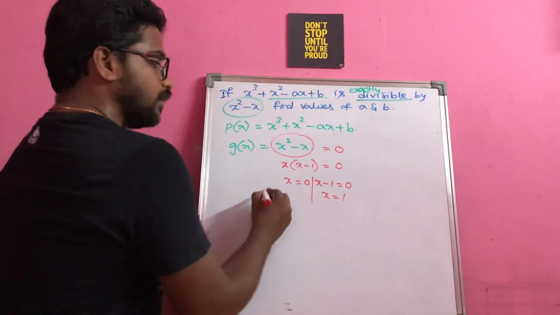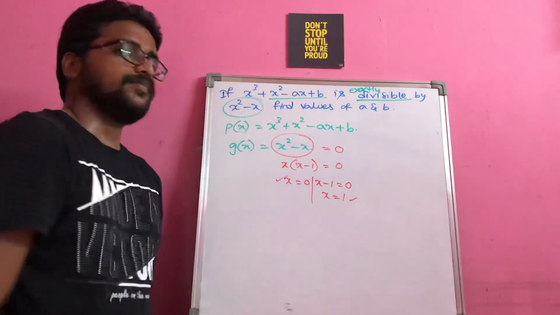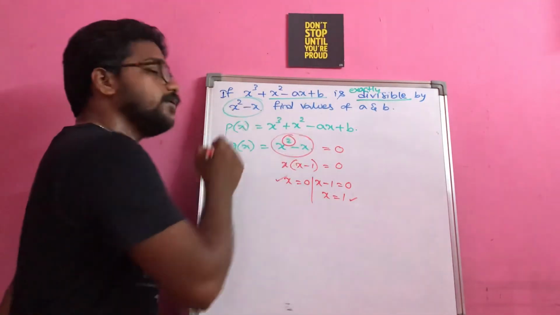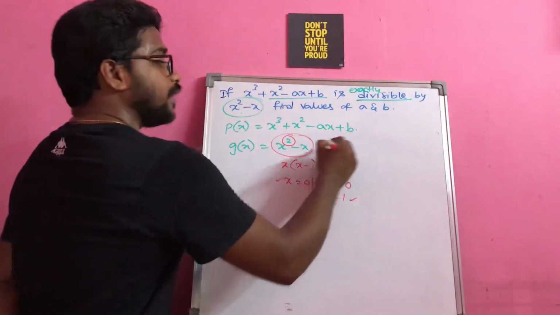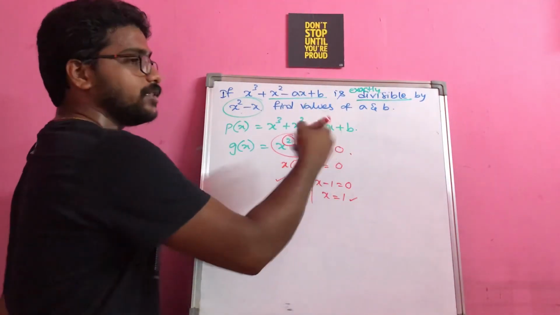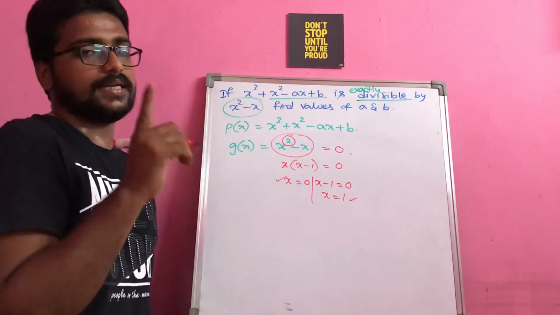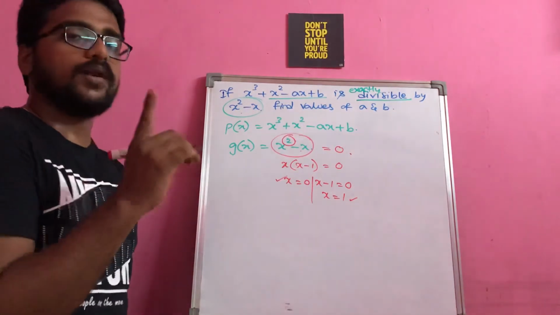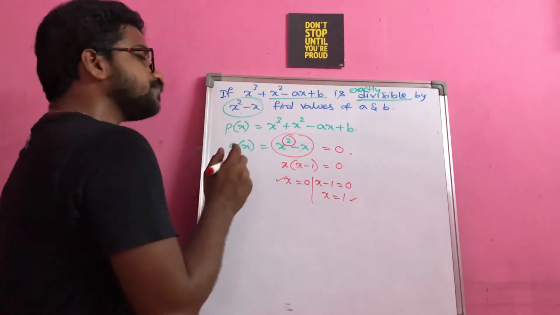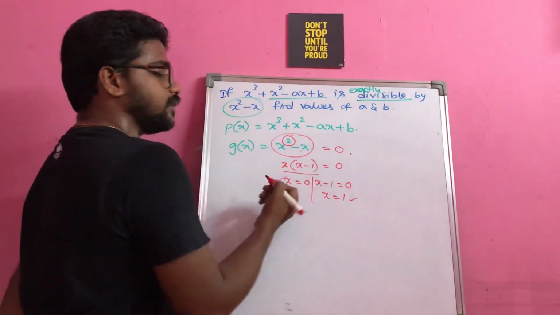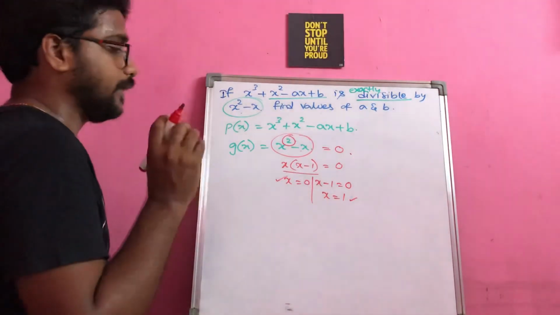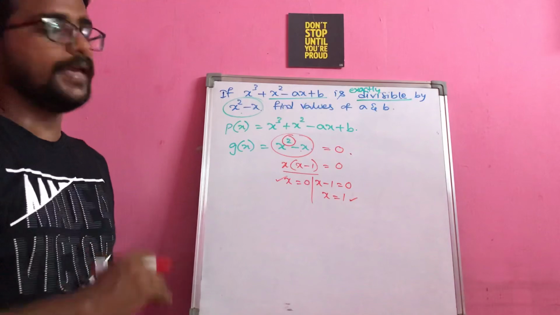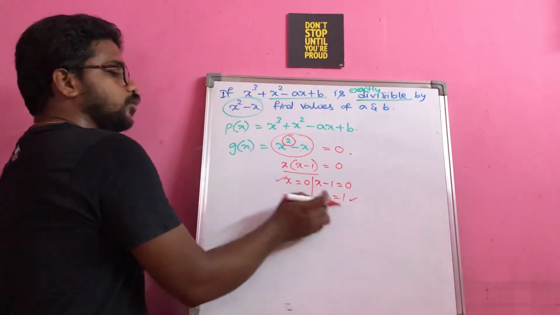Now you can observe here, we are getting 2 values of x. Please try to figure out the reason why we are getting 2 values: because I am having degree 2 here. If you send this x to the other side and cancel out one x, you will get only one value of x, that is 1. Which means it's a quadratic equation, but you are getting only 1 zero. That is the mistake. So whenever you have a product like this equal to 0, never cancel out any term, because you are losing 1 zero, or one solution, of that equation. Now see here, you are getting 2 zeros.